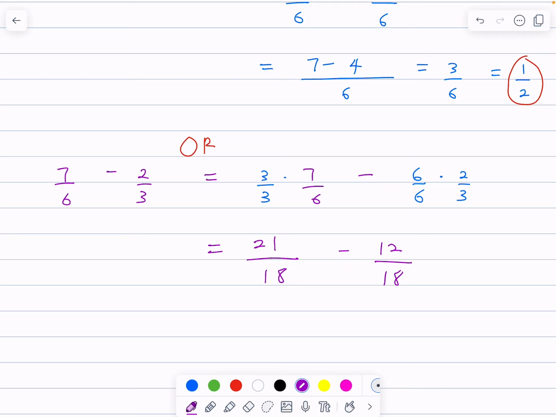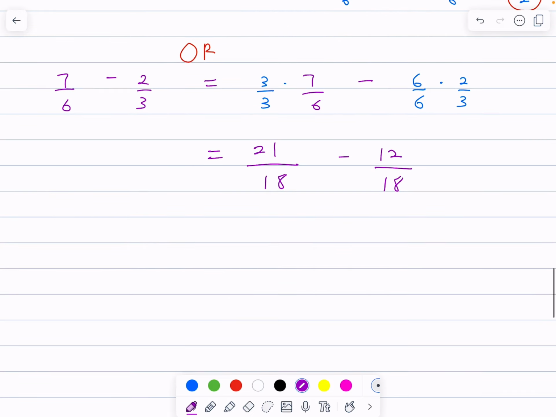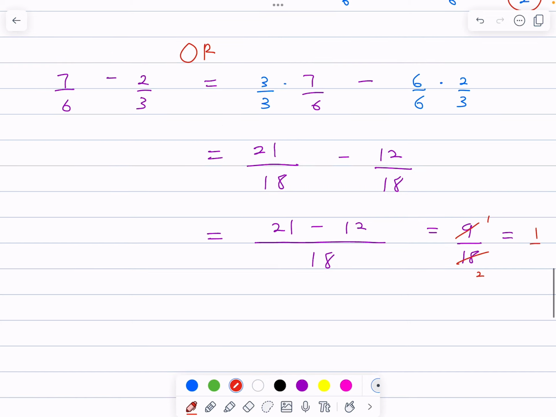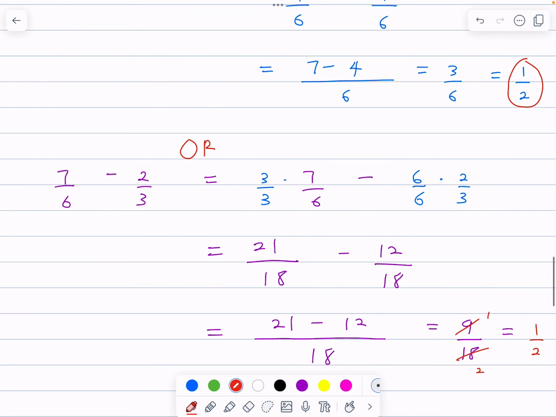Now the denominators are the same, right? So I can just draw the long bar and then I have 18 under, then I have 21 minus 12. 21 minus 12, that's what? That's going to be 9, right? 9 over 18, right? And 9 divided by 18, if you divide this, 9 here 1, 9 here 2. So this is just going to be 1 over 2. So you observe the answer is also 1 over 2,